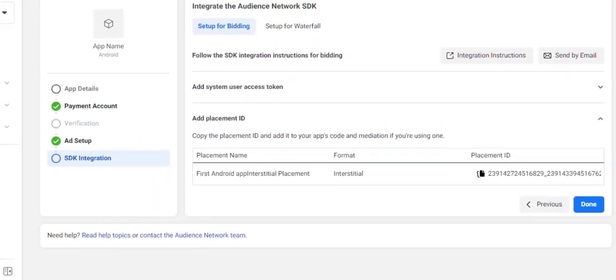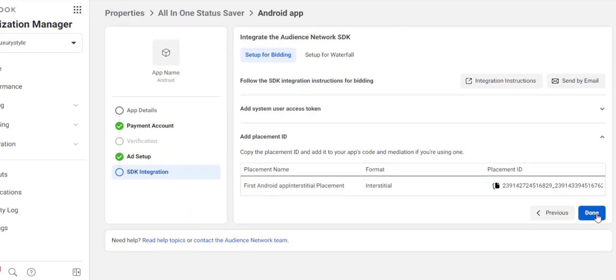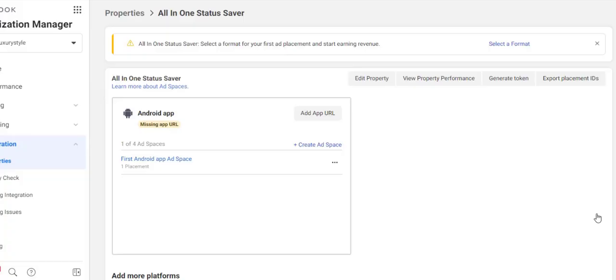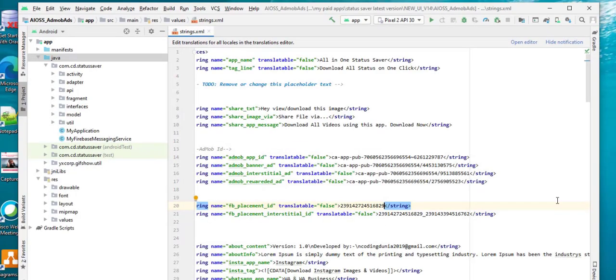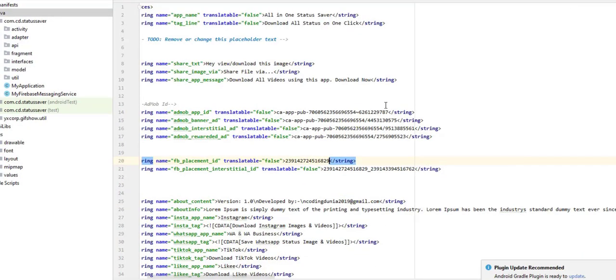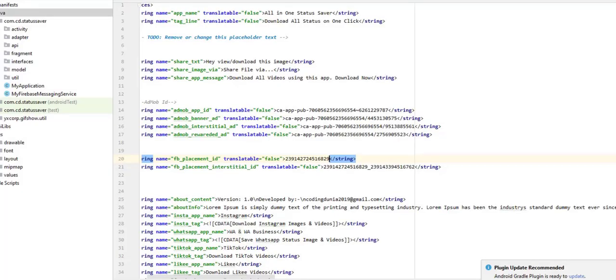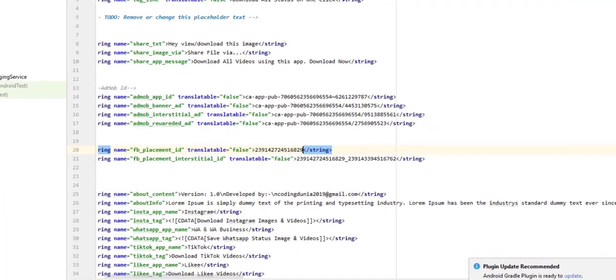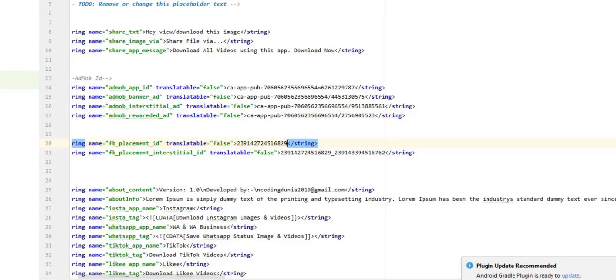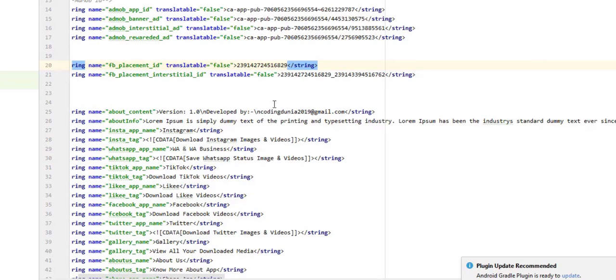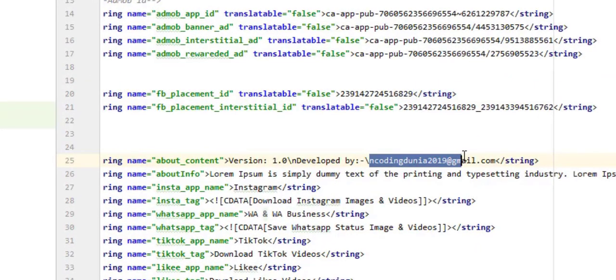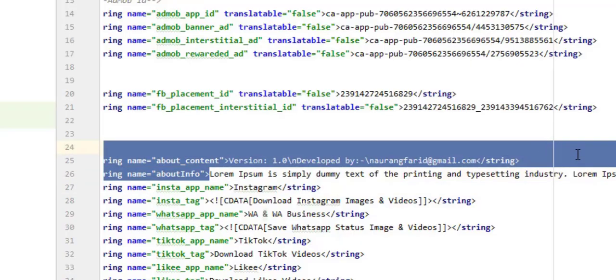We have to move forward. Click on the done option. I am done. Next we have to update the other stuff in our app. We have to put our own email here. I have put my own email, and in this section